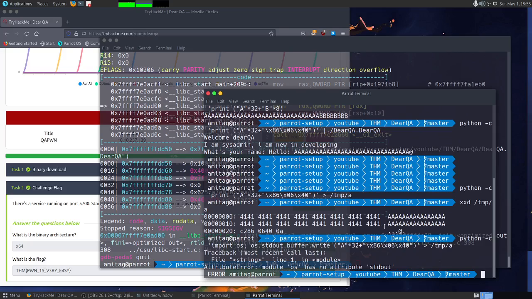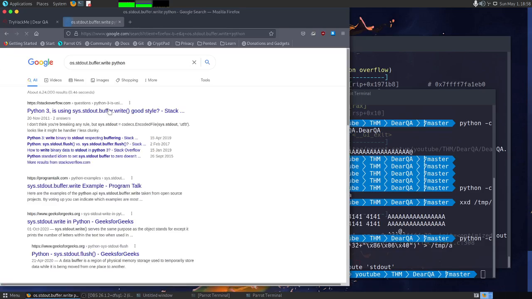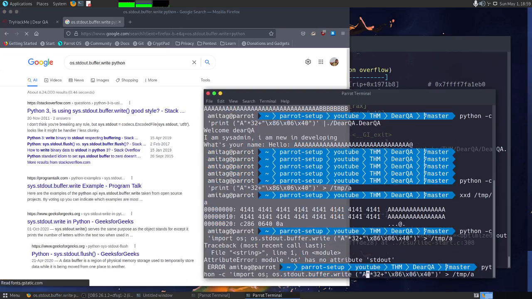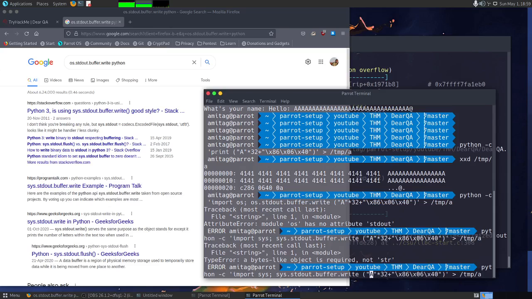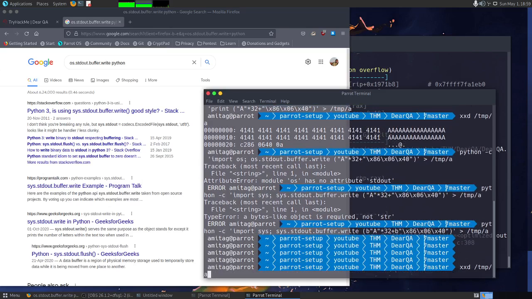Was it os.stdout.buffer.write? Let's see. Python sys.stdout, it's not OS, it's sys. So let's fix that quickly. This should be sys, and so should this be, and it requires a byte-like object, so we can just give a B here and a B here, and we have the file again, and we should be able to do